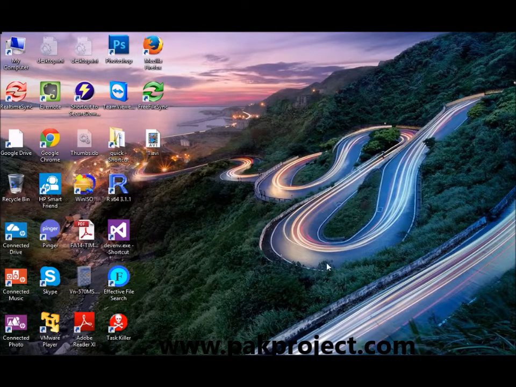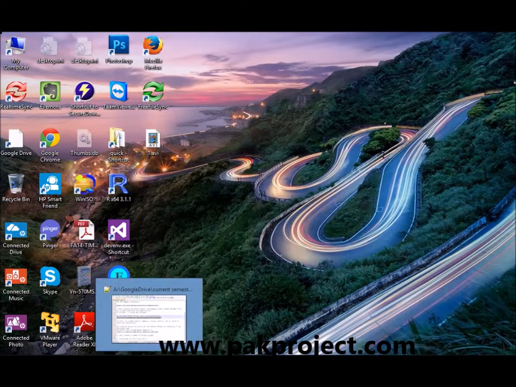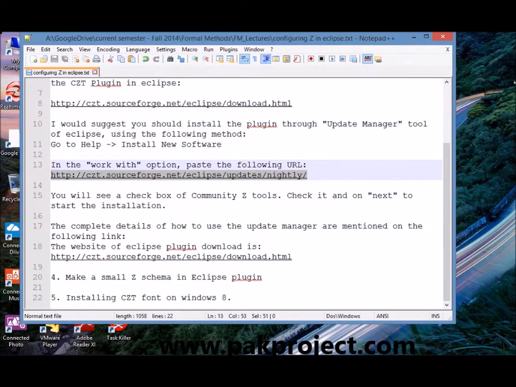Bismillahirrahmanirrahim. Welcome back. In the previous tutorial, we learned how to configure the Z specification in Eclipse, and we saw the different steps involved. Now, in this tutorial, we are going to make a small Z schema in Eclipse using the CZT